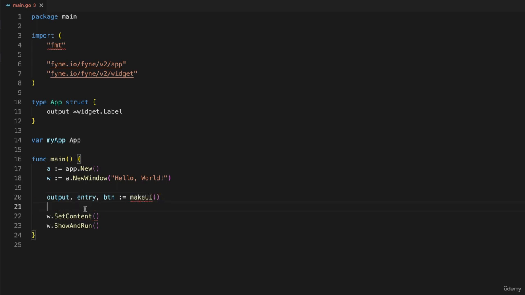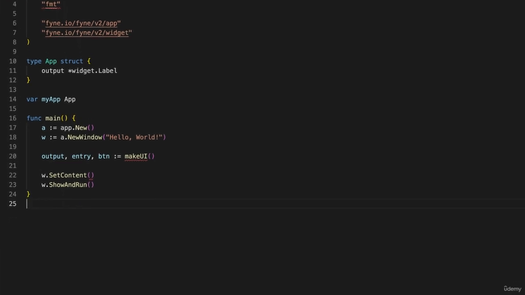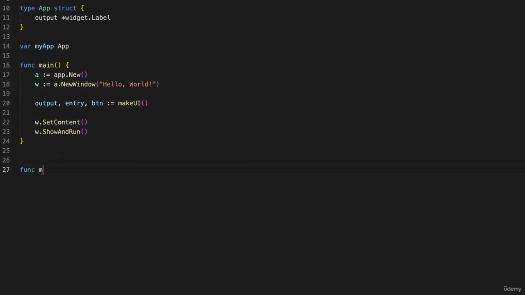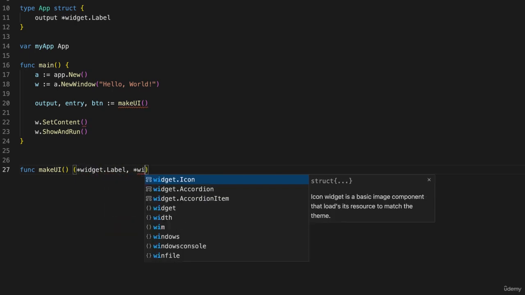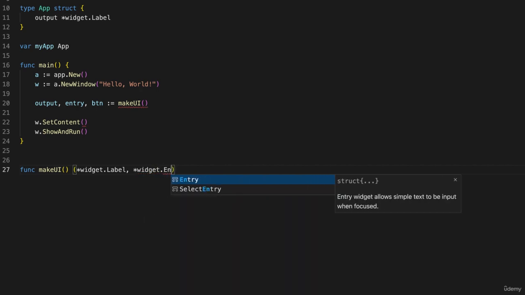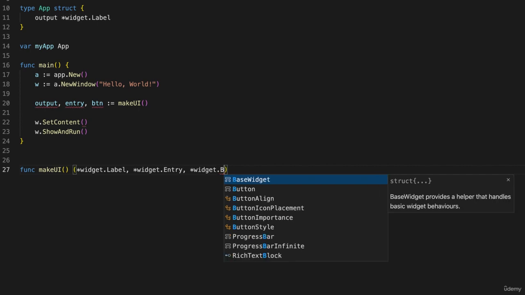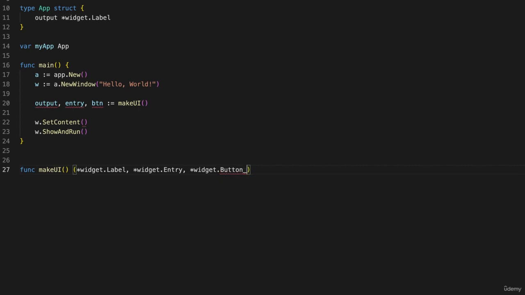Okay, now that doesn't exist yet, so let's go down here and create a function called makeUI. It takes no parameters, but it's going to return a pointer to widget.Label, a pointer to widget.Entry, and a pointer to widget.Button. So as you can see, there's all kinds of widgets, and we'll be using a lot of them as time goes on, okay? Now the very first thing I'll do is create a new label, and I'll call it output,